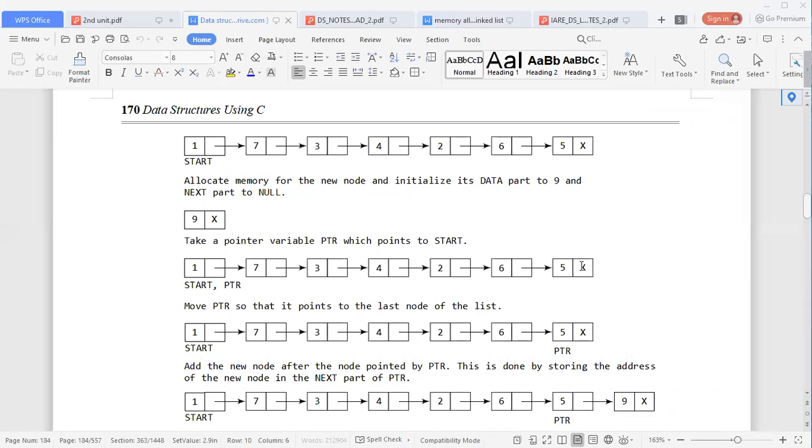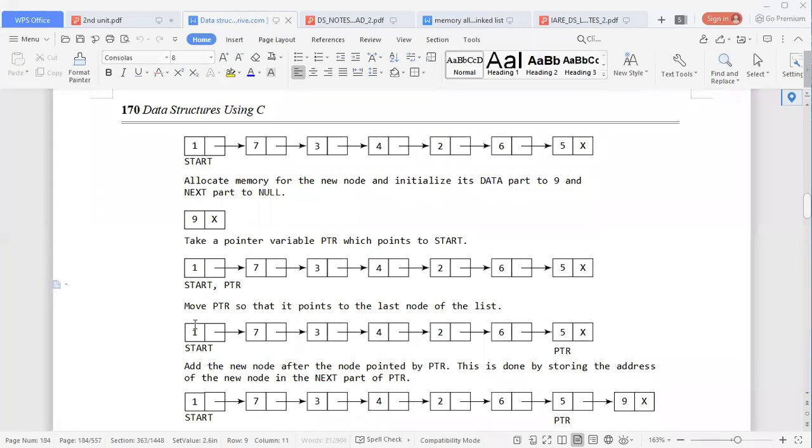That means in the address field of the last existing node, in the place of x, what value should we add? 9. When you add 9 in place of x, this 5 is no longer the last node, and 9 becomes the last node of the linked list.